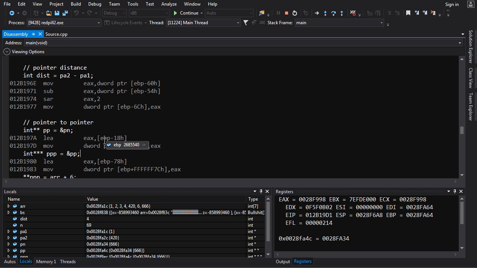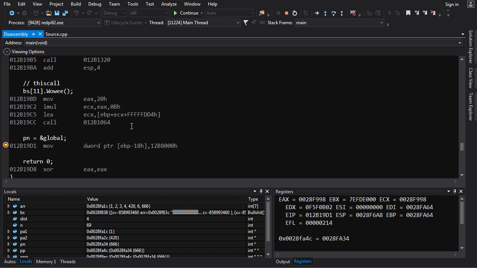Load effective address EBP minus 18. So here it's got to calculate the address of the variable relative to EBP. So it has to do a load effective address, but with a global variable, the address is just fixed. It's static. And so it can load that value directly into memory, do it in one operation,